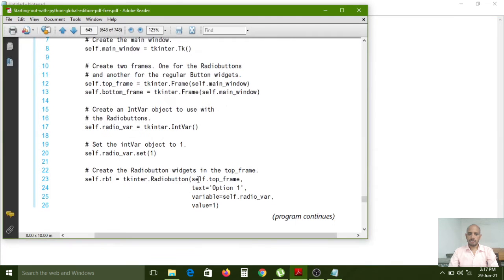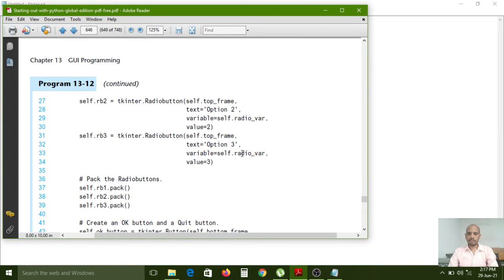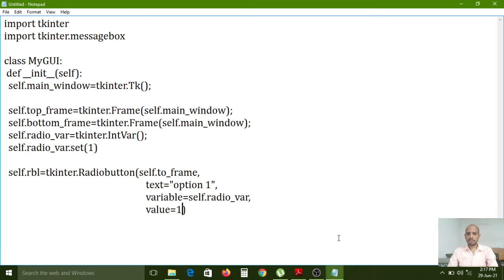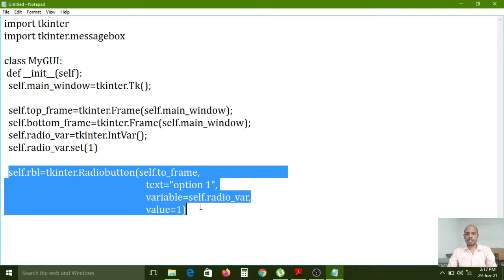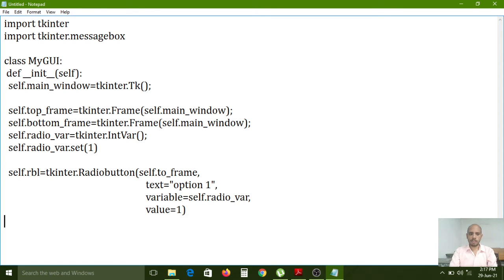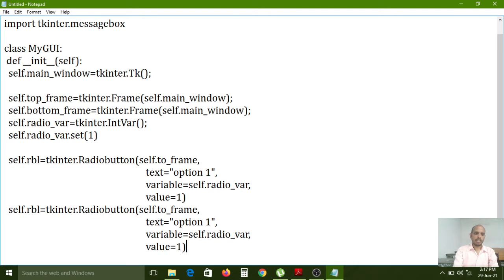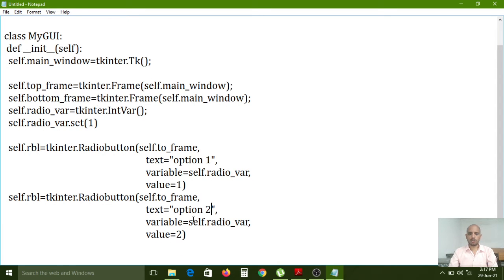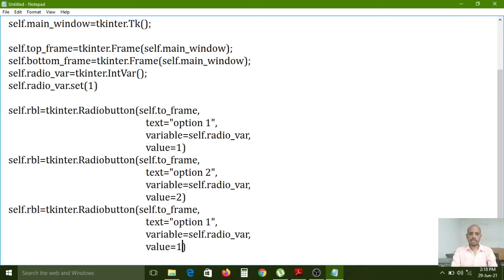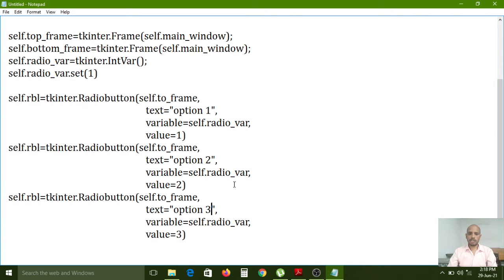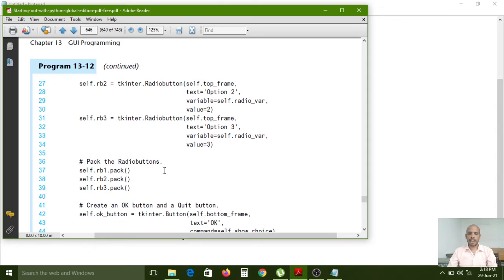So here one radio button is created. Three radio buttons are required if you want to get the same output. So here instead of value 1 you need to give 2, and instead of option 1 you need to place option 2, the second radio button. Same again I am copying and pasting. So here value 3, option 3. So three radio buttons I have created. Now I want to pack the radio buttons first.